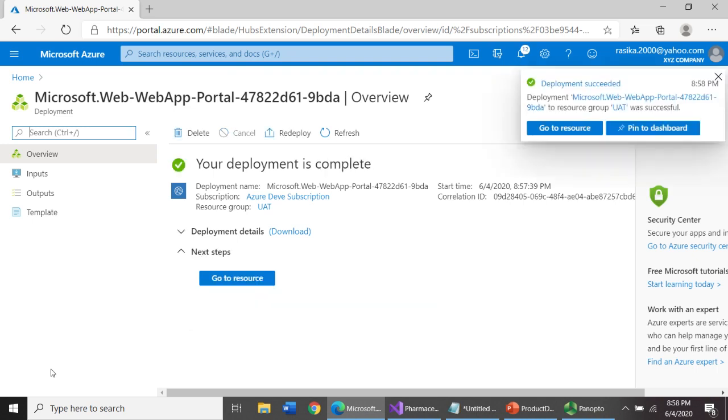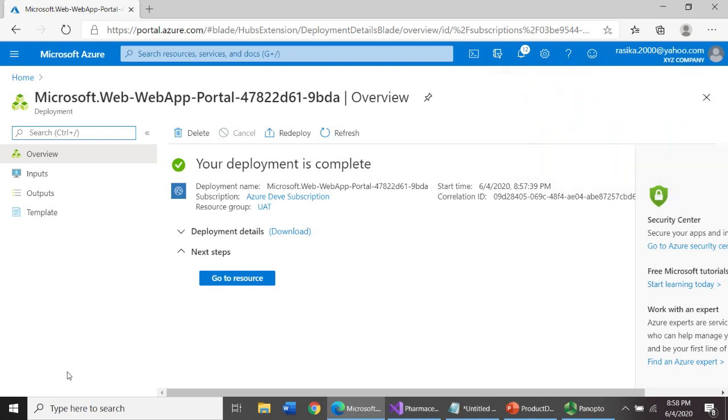Yeah, it is done. Now we need to do our final step, step 4, to deploy the application into Azure.